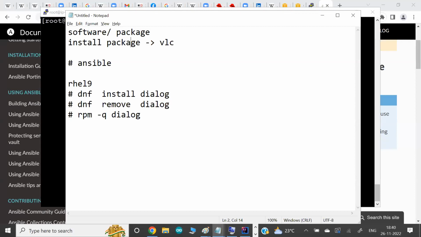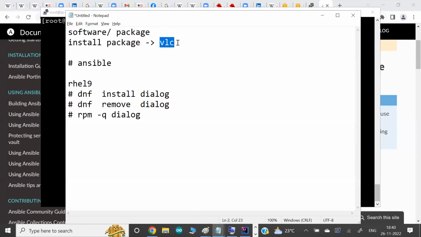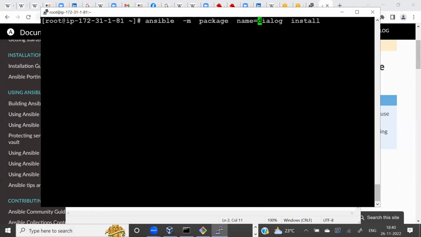I want to install this software. You tell two things. I want this software, meaning you have to give the name of the software. And you want this software to be upgraded or installed. You're looking for what you want, install.